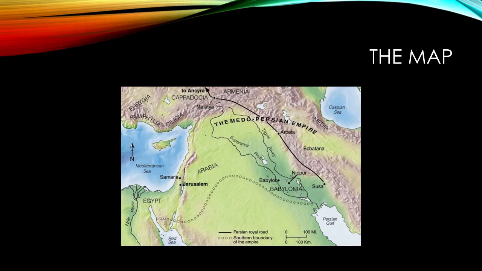Where it says the Medo-Persian Empire up there, this map deals with a specific time period, but where that word Medo is up there, the Assyrian Empire would have been based. The Assyrians were incredibly powerful by about 3100 BC. So they're a big deal too. South of them, down where it says Babylonia, you have the Babylonian Empire. The Babylonians were small and weak for a really long time, and they were under domination by the Assyrians. Eventually, they managed to overthrow the Assyrians, and they start capturing lots and lots of people.